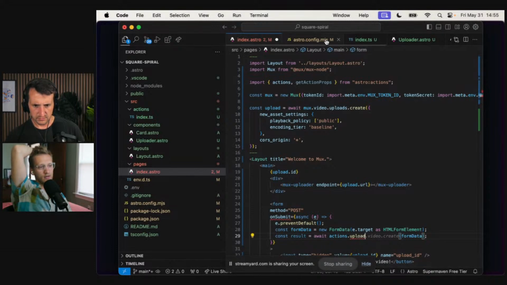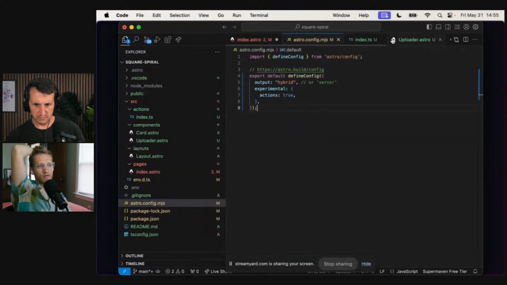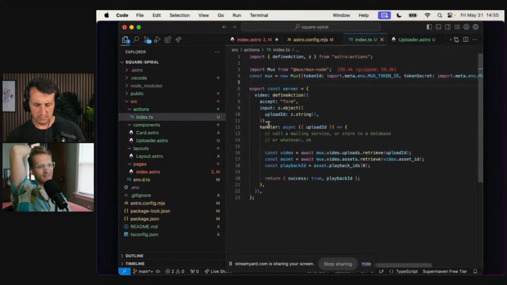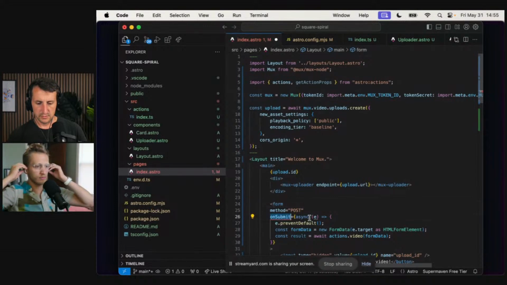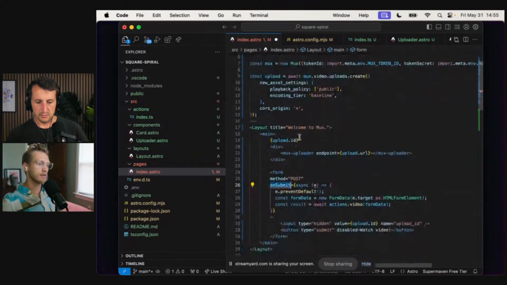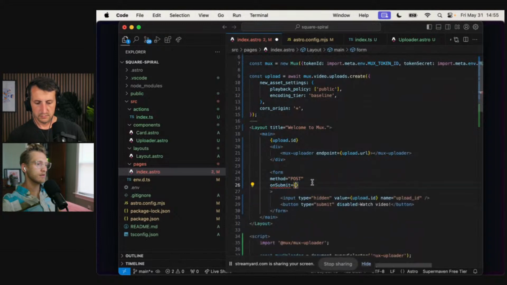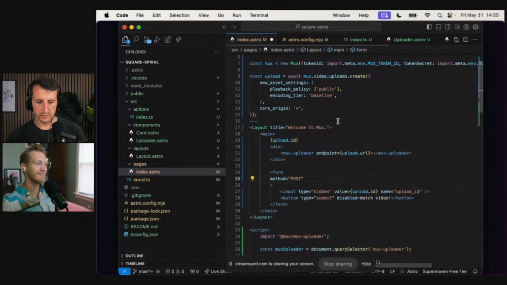Wait a second. Upload. What do we call it? Do this in vanilla as well. Upload video, the action. Goodness, of course, and it has no suggestions for me. All right, upload video. Cool. And then we're going to need to attach it with vanilla, not with an on submit prop. Okay, so fine. Let's do it again.